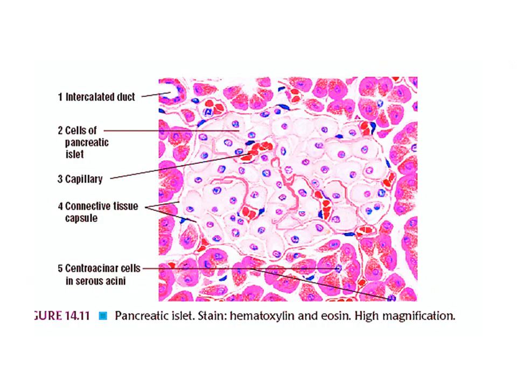This slide is showing the higher magnification of pancreatic islets, which are stained more lightly than the surrounding alveoli. They are separated from the surrounding alveoli by a thin layer of reticular tissue, and the islets are supplied by a dense capillary plexus, thereby contributing to its endocrine function. Thank you.